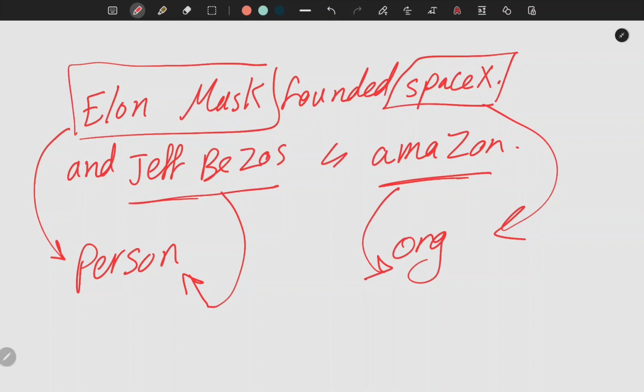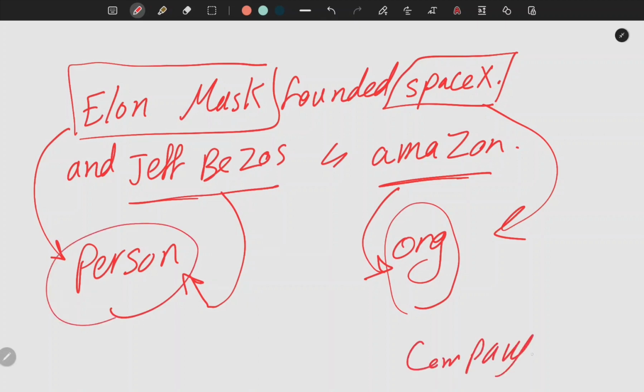And you can control the names of the entities: organization, person. You can add company. Based on the task that you want to do, you can assign the entities that you want to classify the text into or extract from the text, and do it using NER.